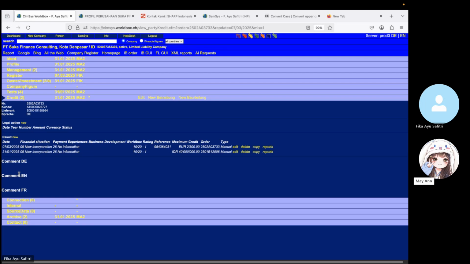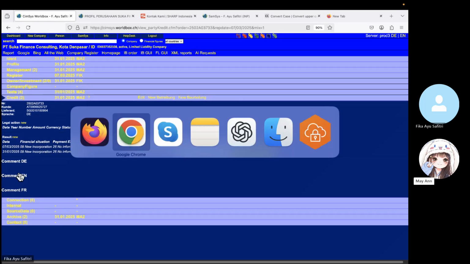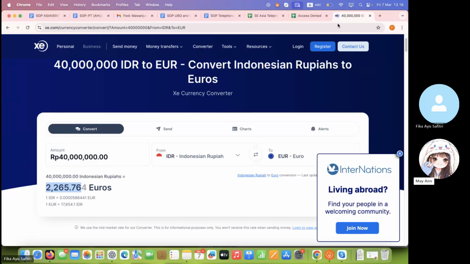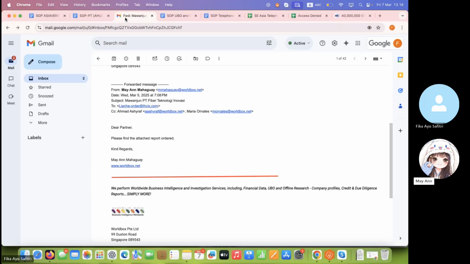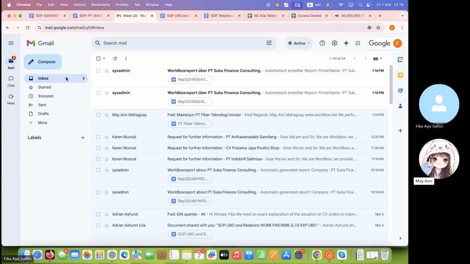If you use the report only, there are cases that some information is missing, those which are written in English. The report will pick up only the German language information.